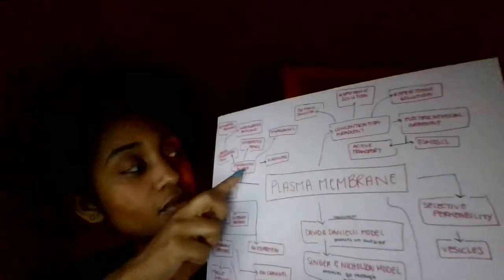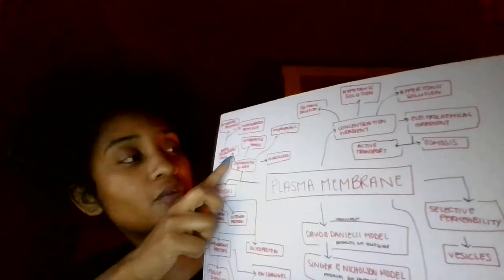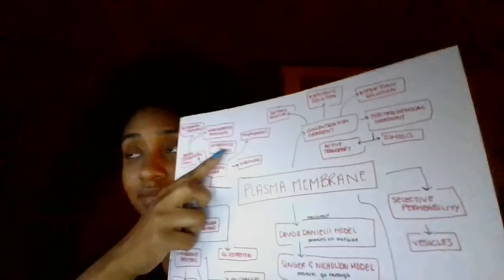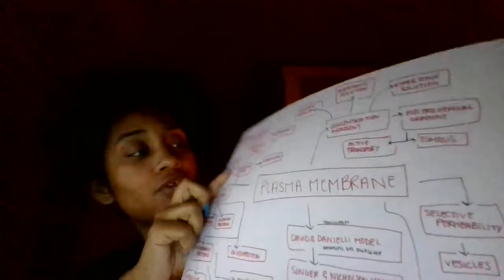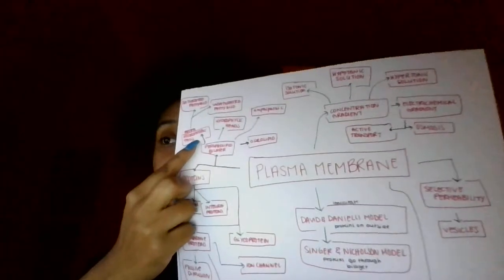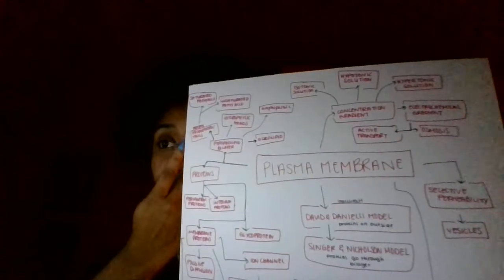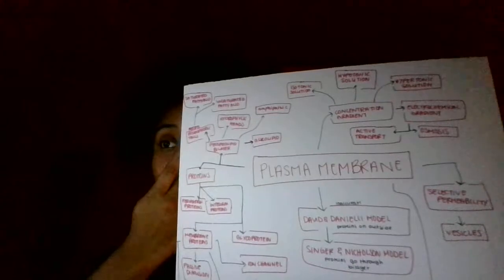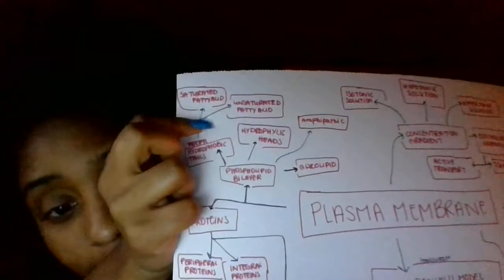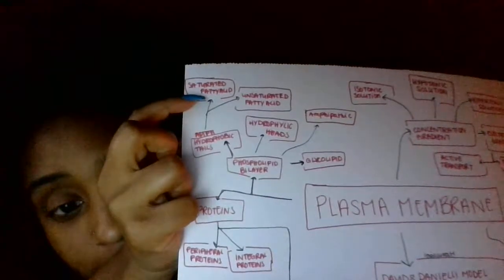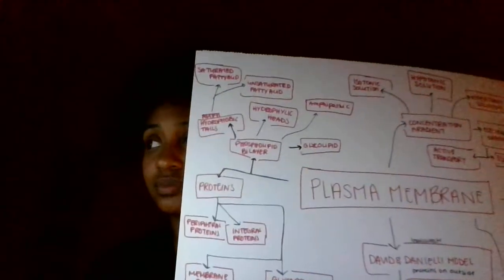And then the phospholipid bilayer is made up of hydrophobic tails and hydrophilic heads. Basically the tails are just the bottom of a phospholipid, and they're made of saturated fatty acids. And this is also right here, so saturated fatty acids and also unsaturated fatty acids. I'm sorry, I don't know if you can see. So yeah, they're made of this and that. And then the hydrophilic heads,